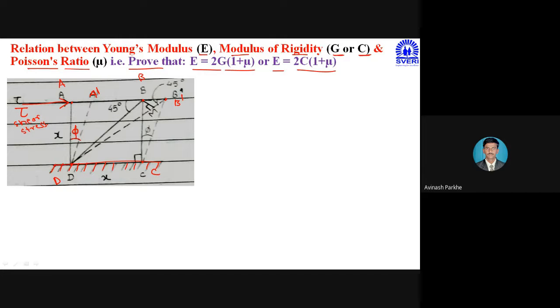This phi is called the shear strain. The phi is represented at the left side and also at the right side, because at the right side the distortion takes place from B to B dash, and at the left side from A to A dash. In between, the corner points B and D are joined by one inclined line. That inclined line is called the diagonal BD. You can see here, diagonal BD.